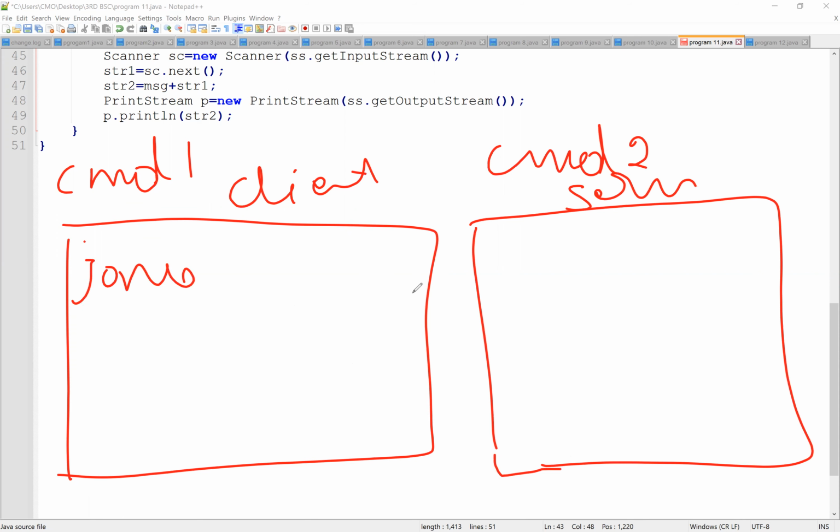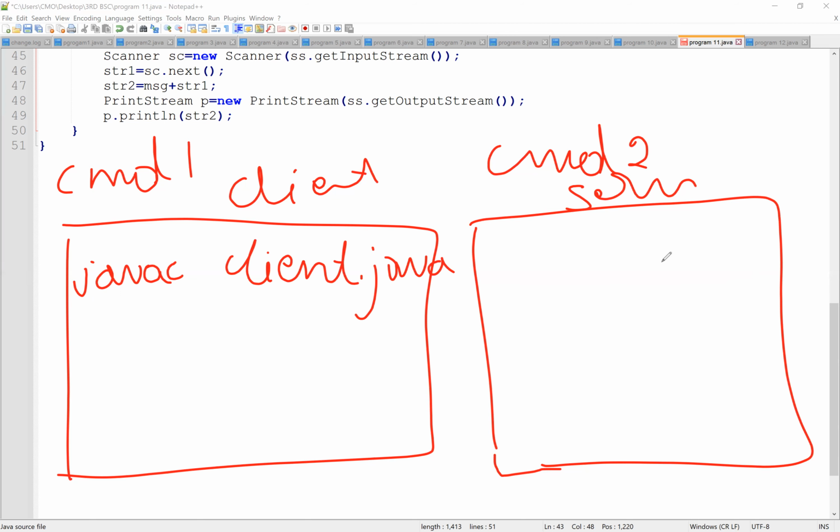After that, in client, type javac client.java. This will compile your client program.